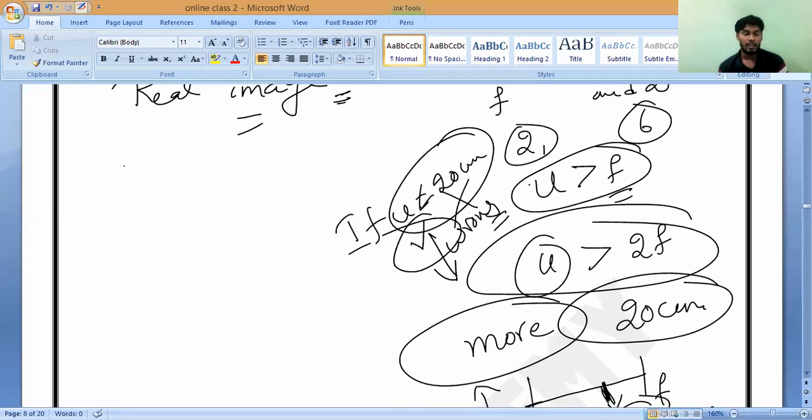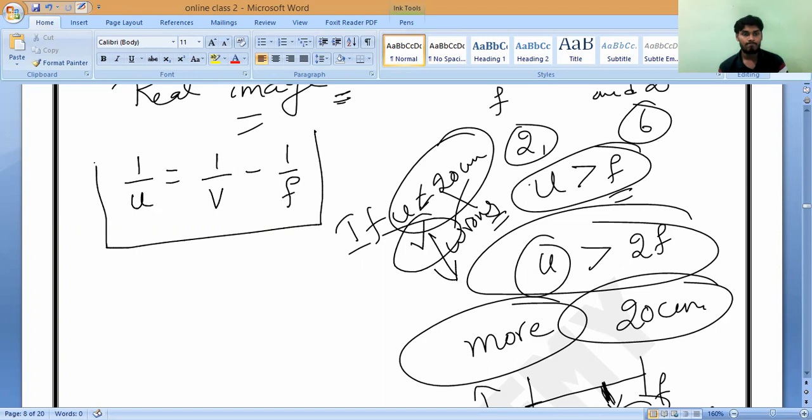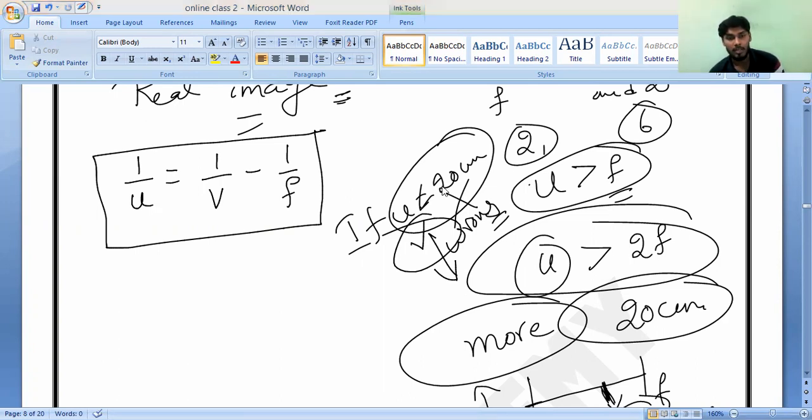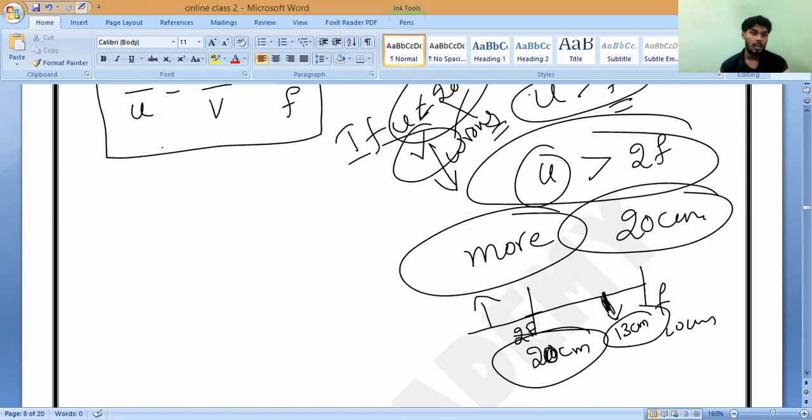So now you can calculate. What is the formula? Object distance we should find. So 1 by u is equal to 1 by v minus 1 by f. Is it true or not? Numericals are the most important. Kindly focus on it. If you're not understanding, ask me. Do you understand, Arun? Arya? Next, substitute. Arya will speak now.